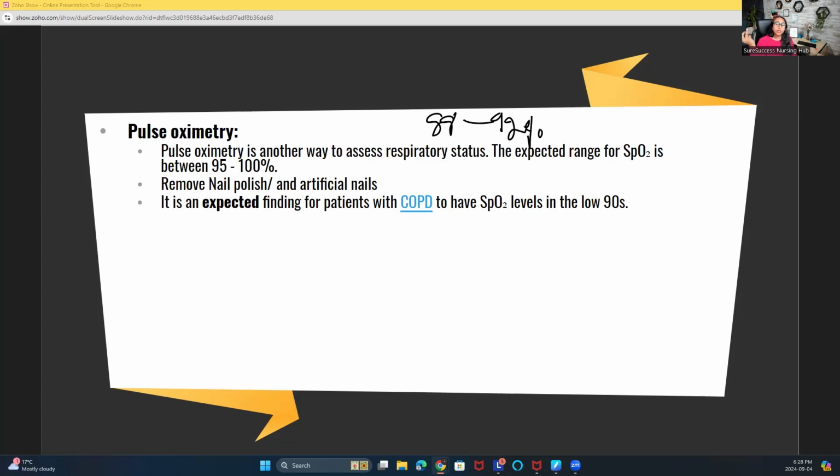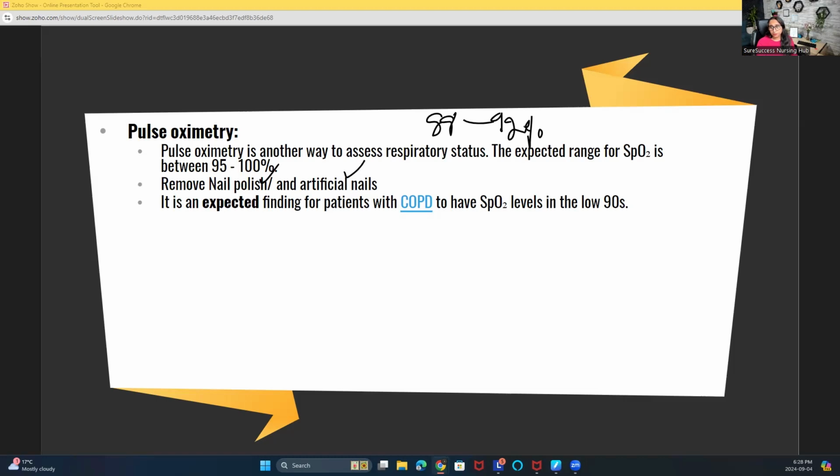Is it a correct reading? No. So make sure that you check the patients as well. Machines can lie, right? Sometimes nail polish, artificial nails, a cold environment, when vasoconstriction is happening, it can give a false negative report. So make sure that you